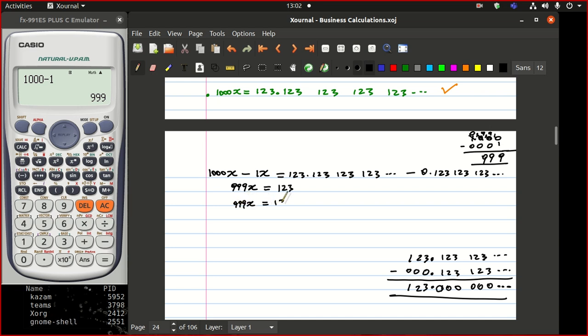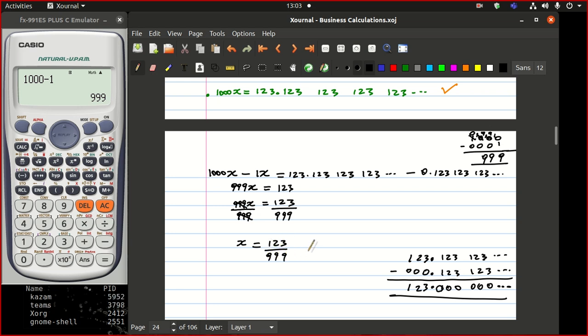9x is equal to 123, and then we wanted to remove this number here, which is multiplying x. So when you are removing multiplication in front of x, you do it by dividing by that number. So we have 999, but because I'm dividing this side, I also wanted to divide from that side. This one will cancel that, and you'll be left with 1x. And then this side here, you have 123 over